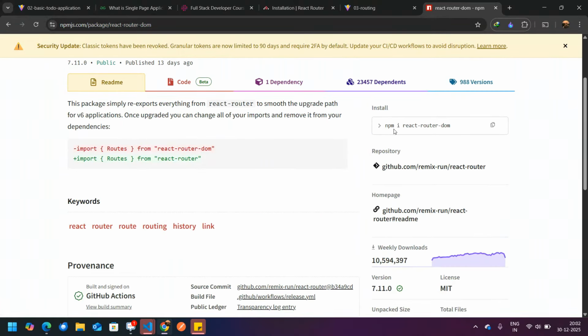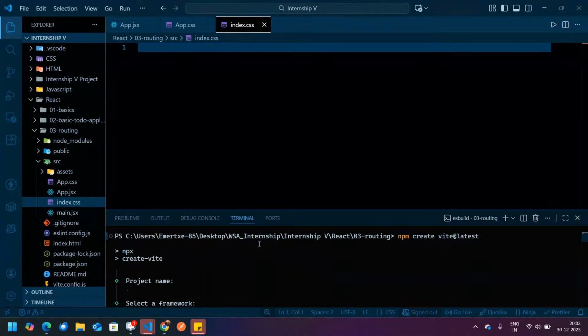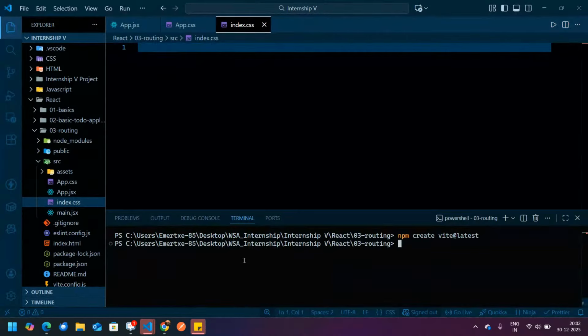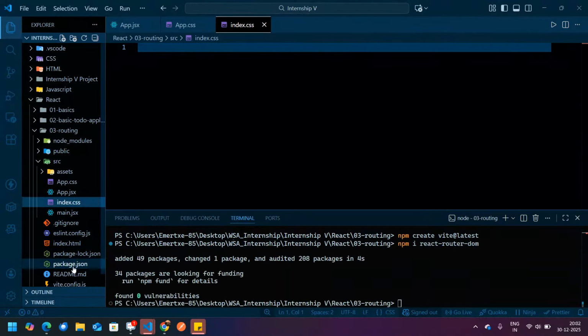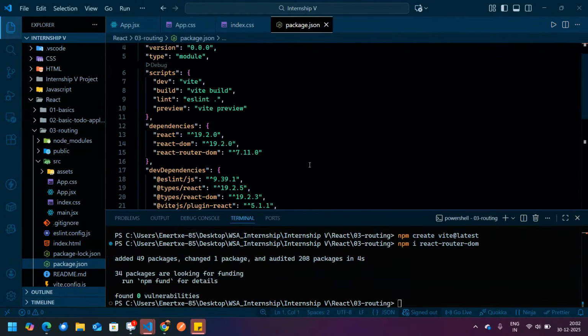You have to write npm i react-router-dom. Copy this. Now open the terminal, close the running one, Ctrl C, Ctrl V. So npm i react-router-dom, enter. So what will happen in package.json? Over here, you can see react-router-dom is coming.